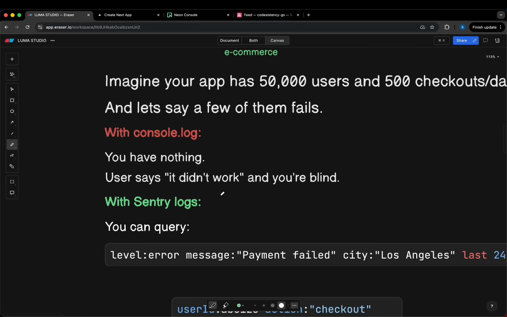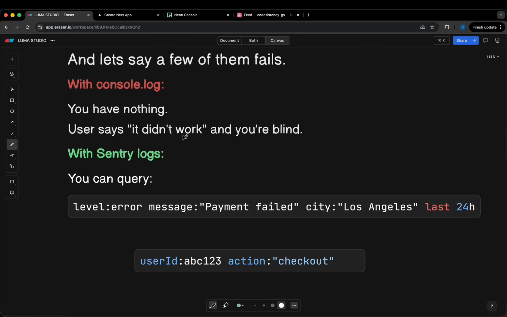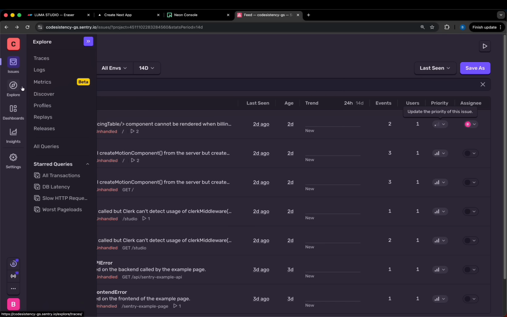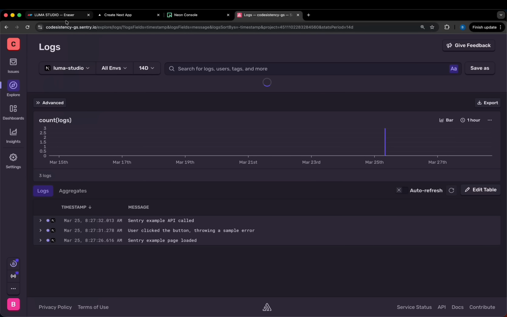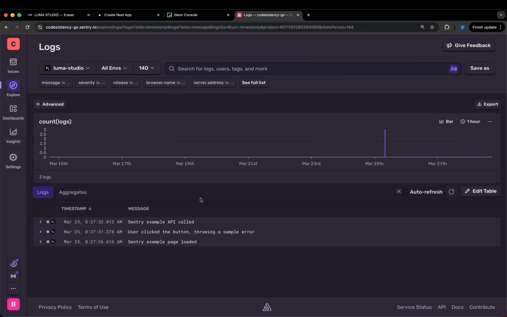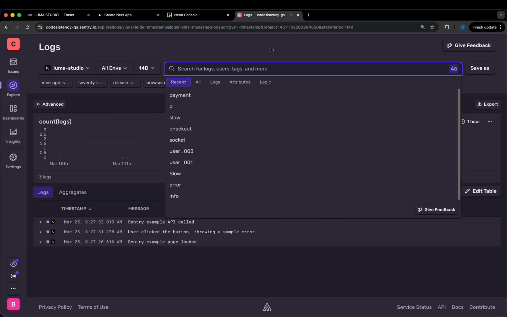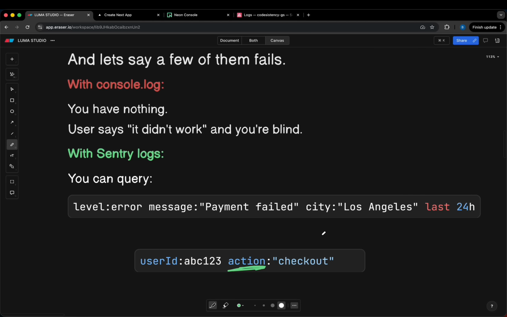But with Sentry logs, if the user says it didn't work, you can just get their user ID and you can check for the action. So here you could add your queries under the logs, then you would be able to see what is going on. Like I think here we already have some logs from this application and you will be able to see it right here. Then you can search for it, you can add some queries, and then you can just tell them, hey, it's your end,